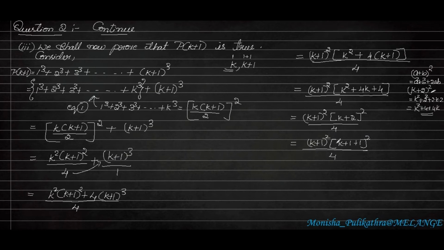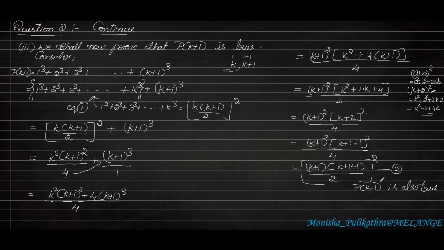So this shows that this particular thing is in the form of k plus 1 into k plus 1 plus 1, whole divided by 2, and whole square. Let it be equation number 2. If you compare equation 1 and equation 2, this whole series is equal to k into k plus 1 by 2 whole square. So here k plus 1, and in the place of k it will be k plus 1 plus 1 whole divided by 2. So equation 1 and equation 2 both become similar in the consecutive manner. So here P of k plus 1 is also true.